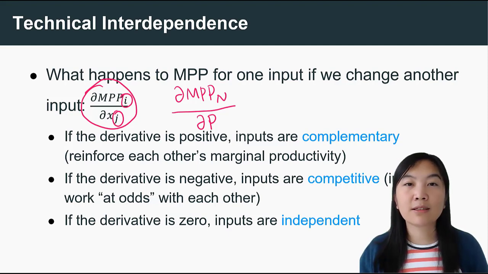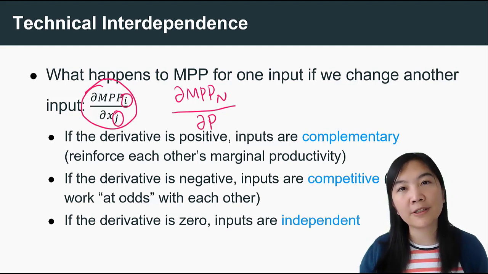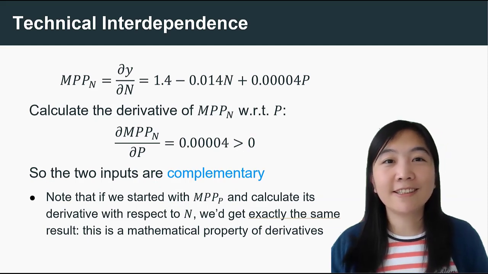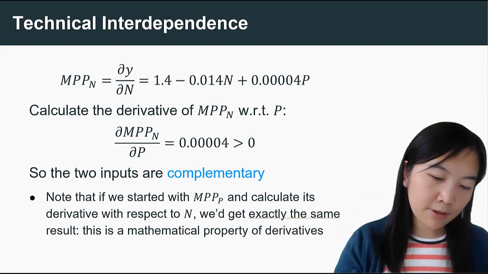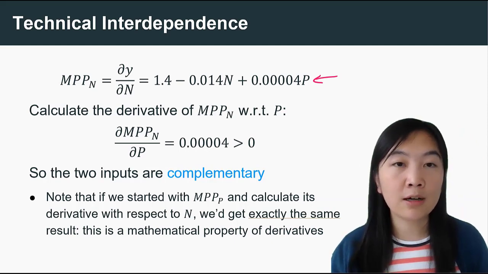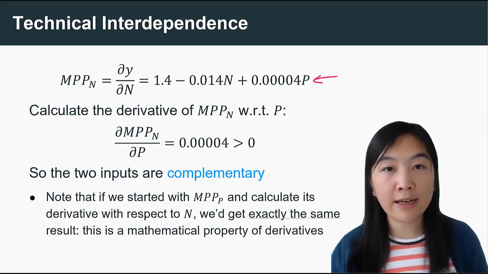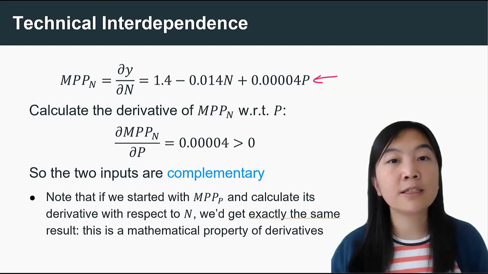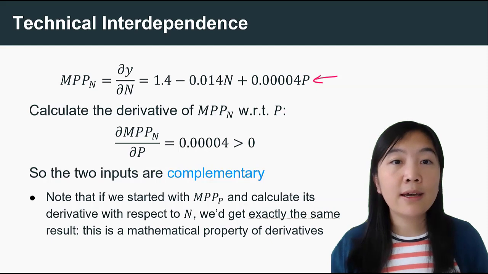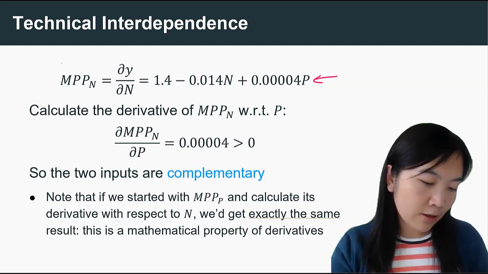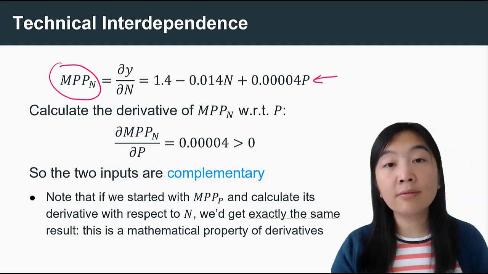That means that the use of P has no impact on the marginal productivity of potash. Let's actually do the calculation here. From the production function, we already are able to write the MPP for nitrogen. And if we want to know the technical interdependence between N and P, then we can take the derivative of MPPN